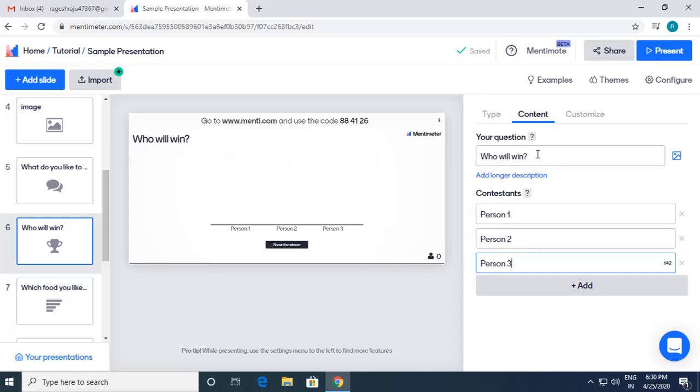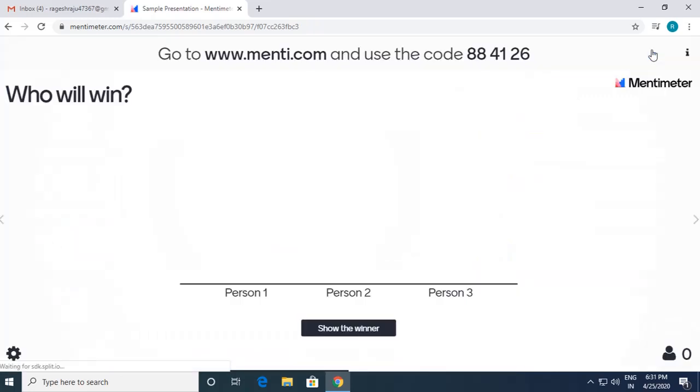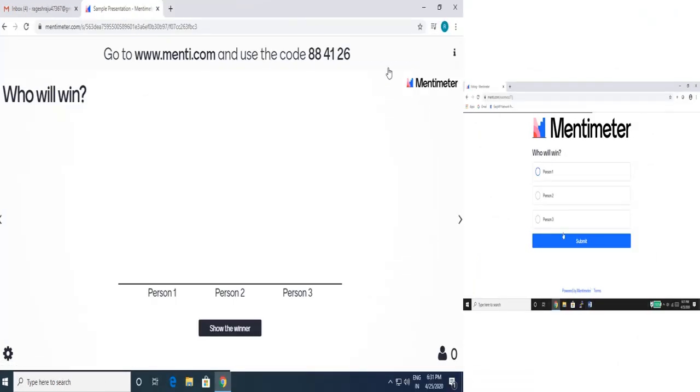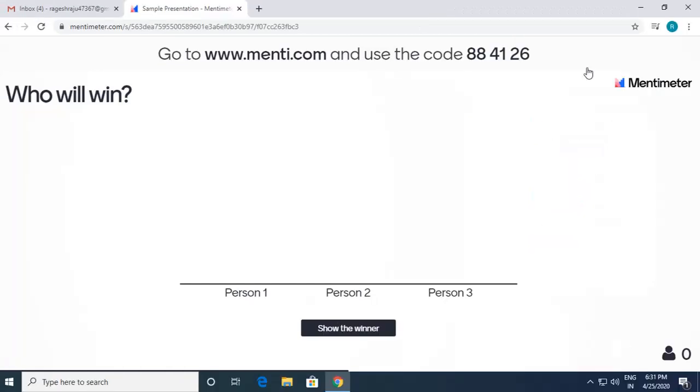So I'm asking who will win. Everybody will be able to answer anonymously. I just click on present, and this is how it comes. Just imagine that multiple people are going to answer, so most of the people have selected person 2, and you click on submit. So once it is done,